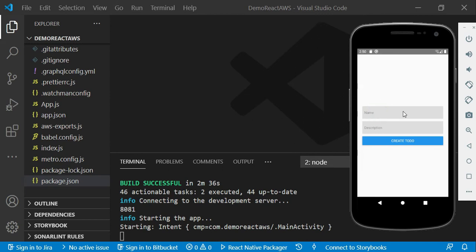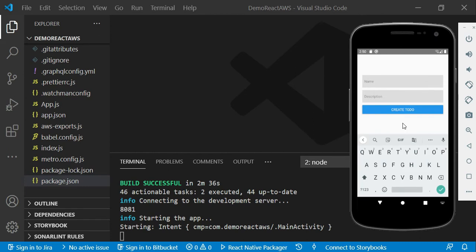So here you can provide some name. Let us provide name as, suppose, Manoj. You can provide any data. Okay, Manoj, and let us provide a description for Manoj. Suppose he is an engineer.